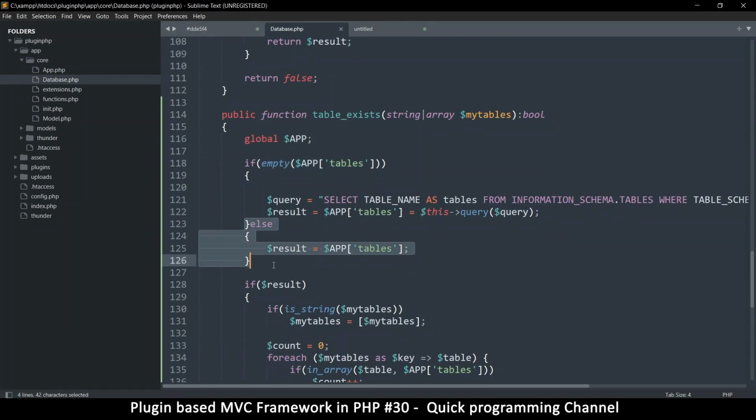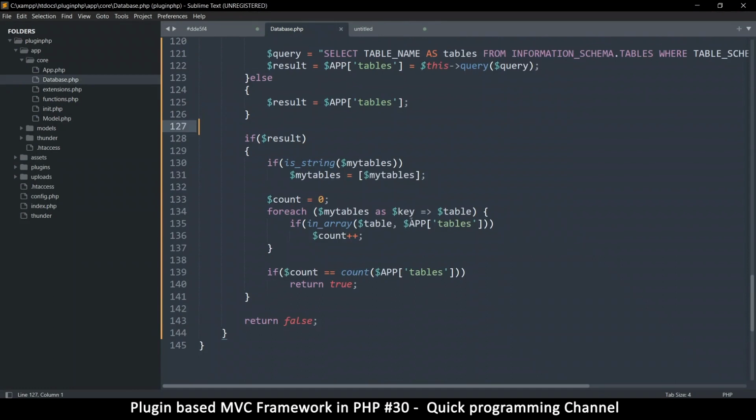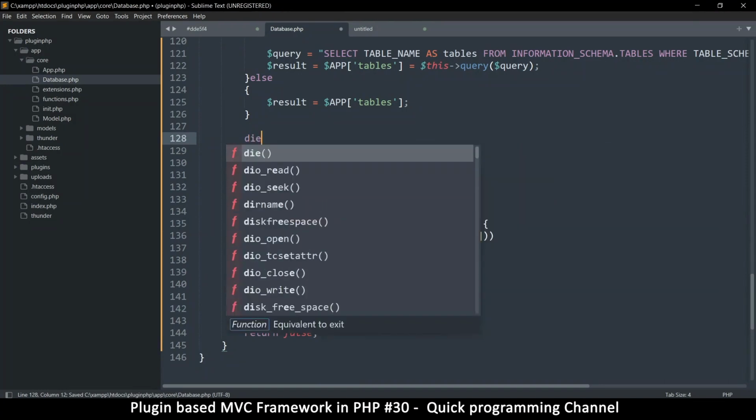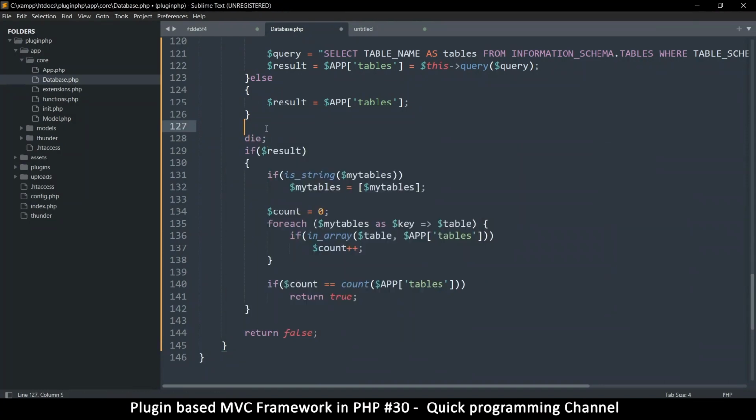So it will be forced to go here instead. Okay, so this is not really what we want. The result of this is usually a, let me put it here for example. I'm just going to say die at this point, and then what I'll do is dd and say result. That way we see what result we get when we try to read